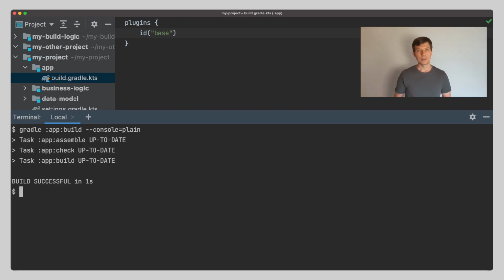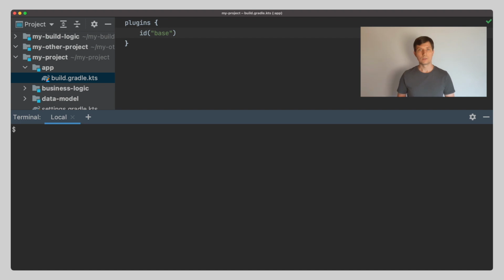It's important to know that Gradle distinguishes between two types of tasks: lifecycle tasks and actionable tasks. What the base plugin adds are only lifecycle tasks. Lifecycle tasks define targets you can call, like telling Gradle to build your project. The base plugin, however, only adds these lifecycle tasks without wiring any actionable tasks to them.